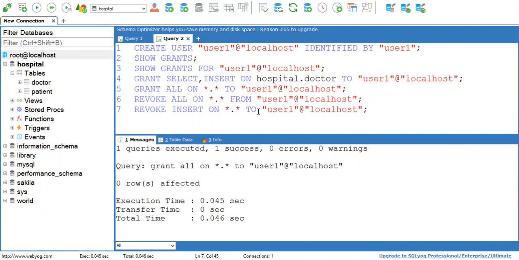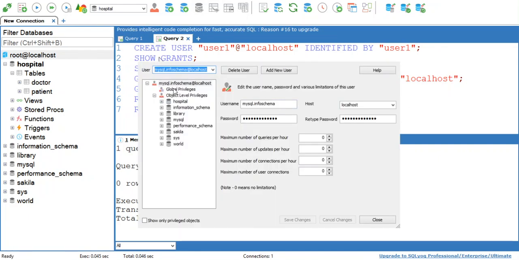Now another way of creating a user is to go to the Tools menu, where the User Manager option is there. When you click on User Manager, this window will appear, and here you can see the list of users. Two buttons are there, Delete User and Add New User.